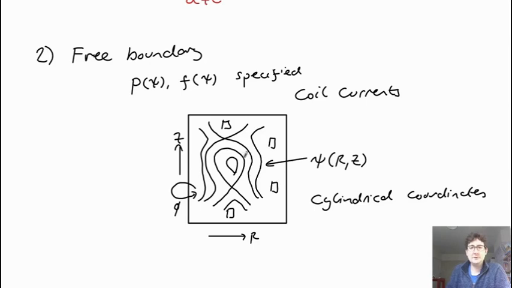And the way these often work is you might have some shape of plasma that you would like, and so the currents in the coils are under a control system. You have a feedback control which chooses the currents in the coils to make the plasma as close as possible to the shape that you want. But the shape you want may not be possible with these coils, and so you just get a best match, and then you can change the location of the coils or change the plasma shape that you want. So this is really a way of designing what experiments and what control systems are needed.